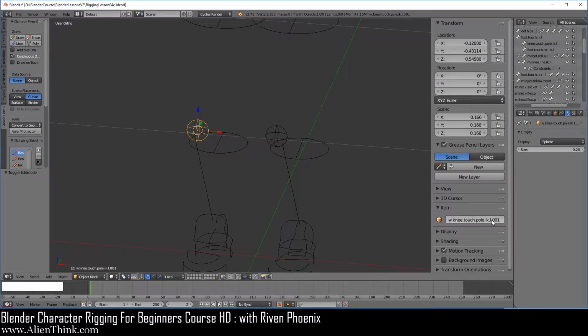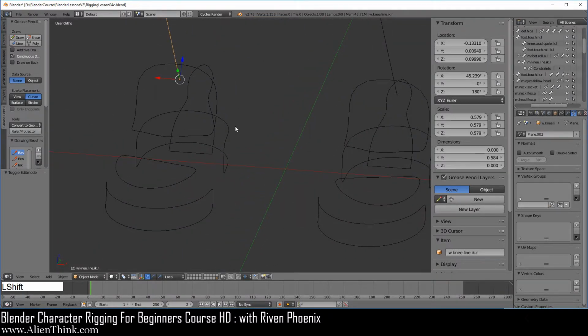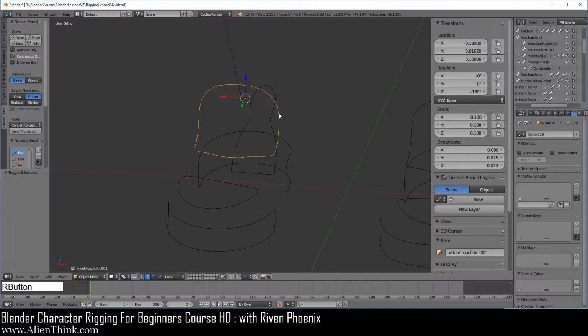Click on this one, .R and enter. Click on this one over here, that's .R. Click on this. This is going to be .R and enter. Now let's go ahead and zoom in over here. Let's click on this one. This will be